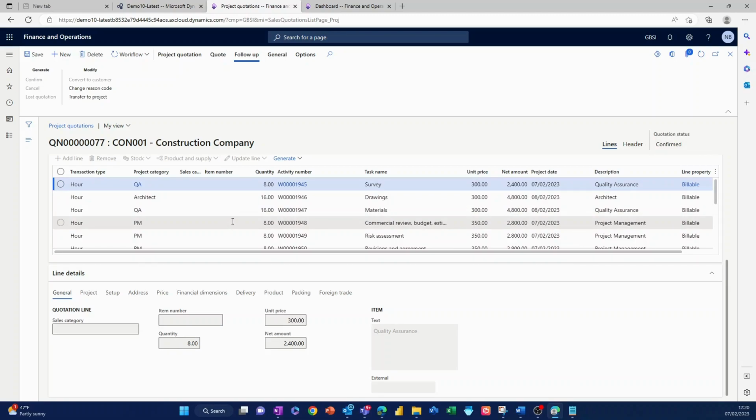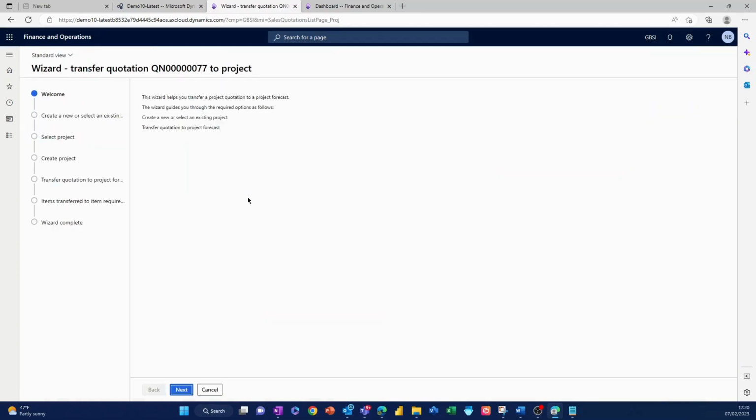The next thing to do is actually to create a project from here. And we can do that quite easily by clicking the transfer to project function, which opens up a wizard. So we've got some choices now about how we handle this quotation, because it may be a quotation that is part of another project, because we have sub-projects and a project hierarchy. In this case, we're going to create a new one, but the wizard is just a quick way of helping you go through this